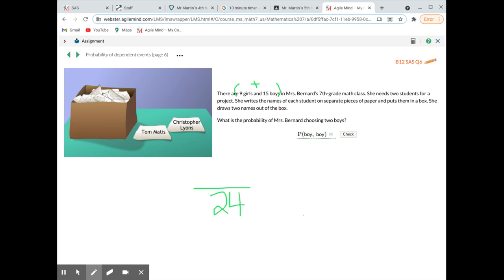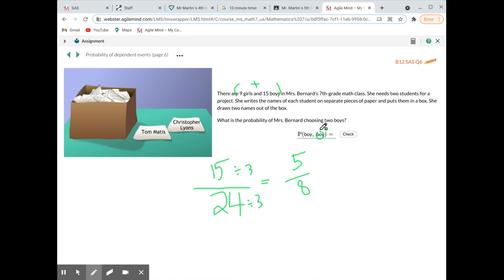15. That's right, 15 out of 24. Now, can we simplify 15 24ths? Yes. What can I divide them both by? 3. I can divide them both by 3. 15 divided by 3 is what? 5. And 24 divided by 3 is? 8. Great. So I'm going to take this, and then I'm going to see what the next chance is to